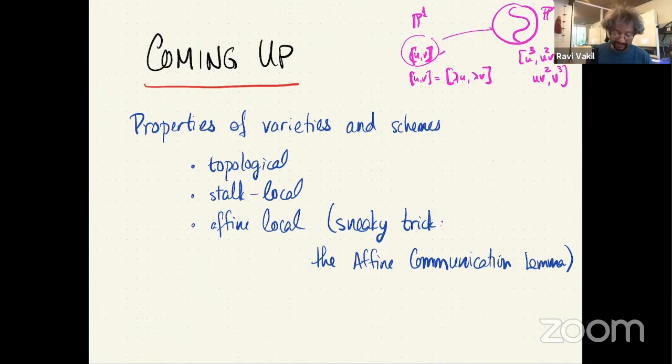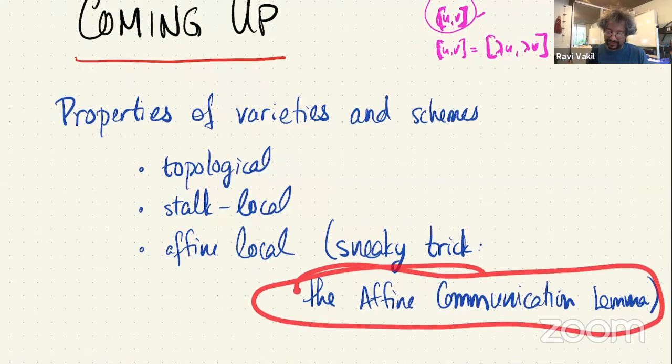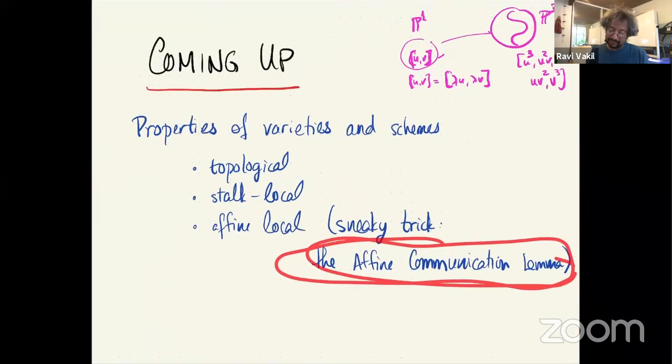Okay, so now let me tell you, happily I thought I would get here 5 minutes later than right now, that now we can talk about properties of varieties and schemes. Some of them are cheap and easy, and actually they're all easy. Some just require something very sneaky. I think the highlight for me is this way of communicating between affines that's called the affine communication level. So let me take care of the topological aspects right now because there's not too much to say,